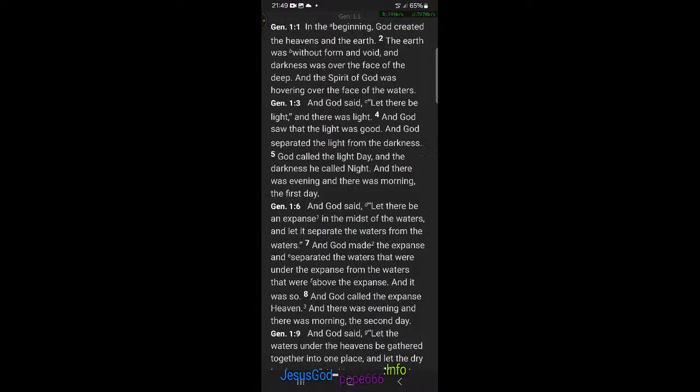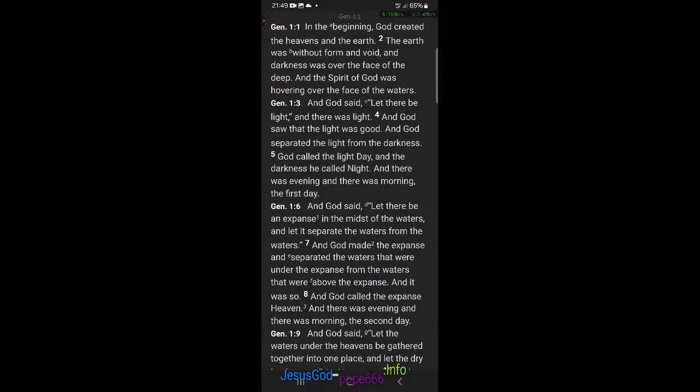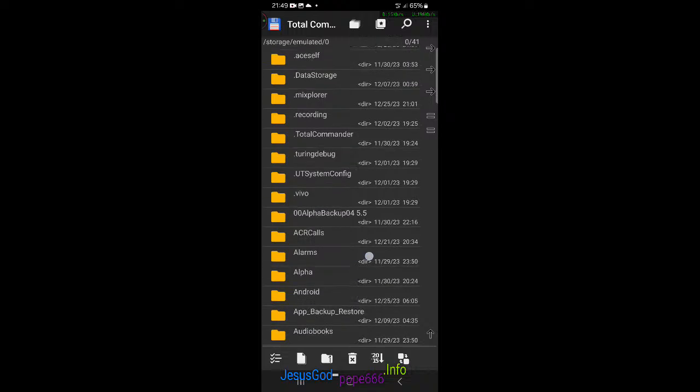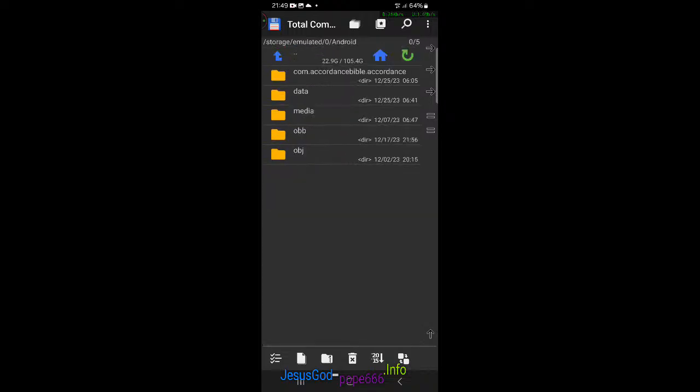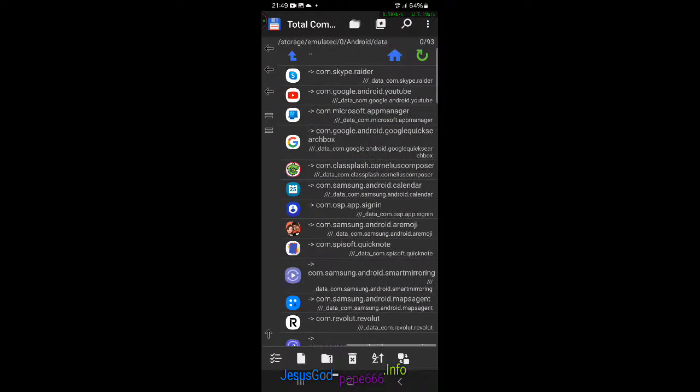Usually I could just move files from one place to another place, and it would have all the things, the login and this and that. I just needed to move a folder. Well, of course you need to figure that out. But now I can't do that because apparently there's some more security in Google bullshit. It's in Android data, and here you have all the different things. And usually I could